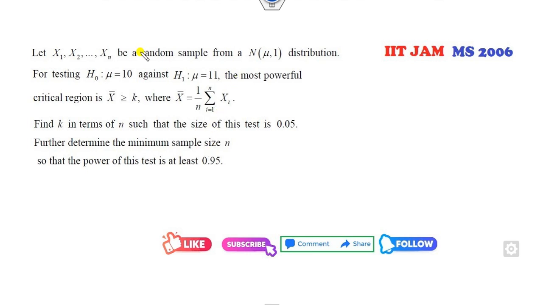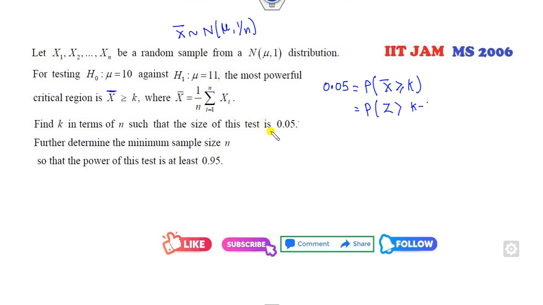Again you can see here it is a normal distribution, it is already given to you. Sample size is given here, so I can convert into the z. What is my x bar? It follows a normal distribution with 1 over n, so it's k minus mu. What is h naught? h naught is 10 divided by root n. Fine. And we all know whenever z is greater than this it is 0.95, it means this number is